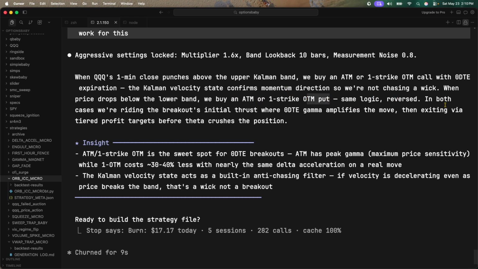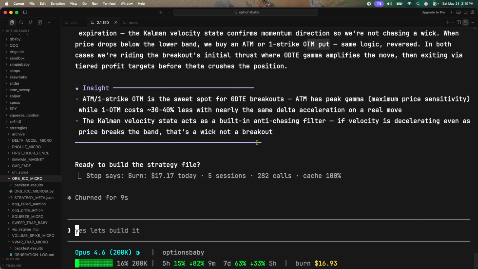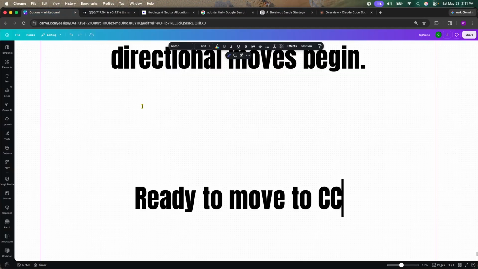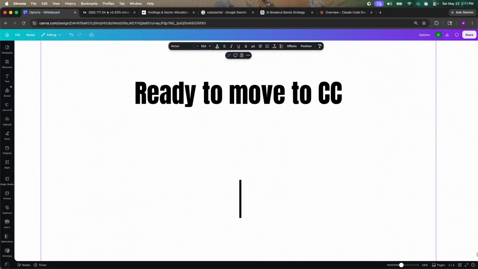In both cases, we're riding the breakout initial burst where the 0 DTE gamma amplifies the moves, then exiting via tiered profit levels before Theta crushes the position. Insight: 0 DTE is best for 0 DTE breakouts. ATM has peak gamma. Okay, we talked about delta, right? Now gamma, let's go back to our whiteboard. Gamma equals the